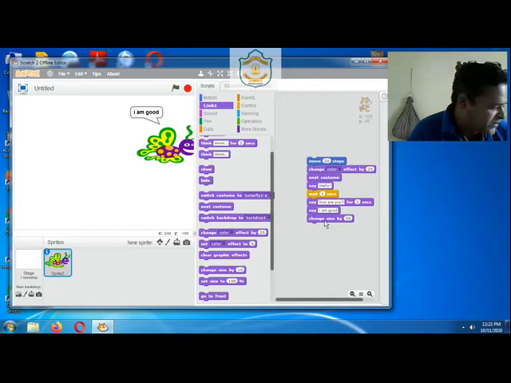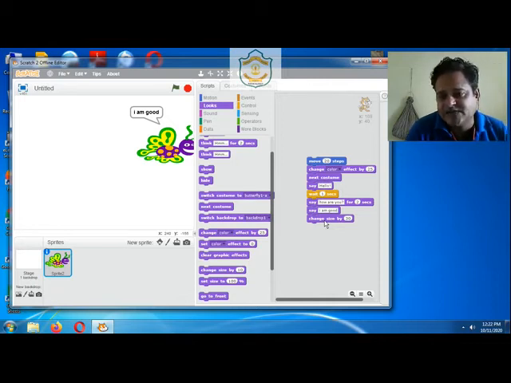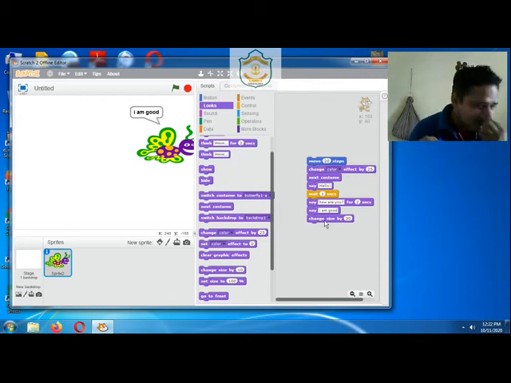Now our next section is repeating actions. If we want to repeat any action or any command, instead of writing the same blocks again and again, we can use the repeat command. In order to use the repeat command, we have to place the blocks inside the repeat block. So let's see.